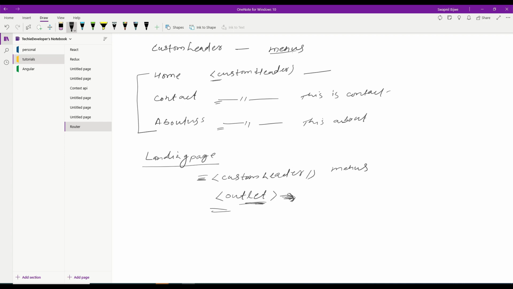Similarly, when I click on about us, it will check where the outlet tag is on the landing page and display about us, similar to contact us. So we need not write the custom header again and again in all 3 places, simply we have to write the outlet. Now let's see it practically.